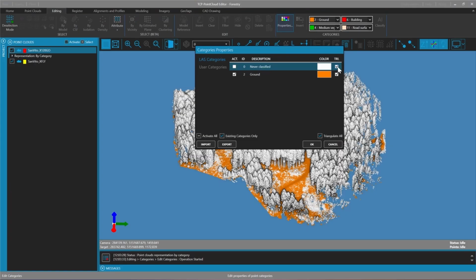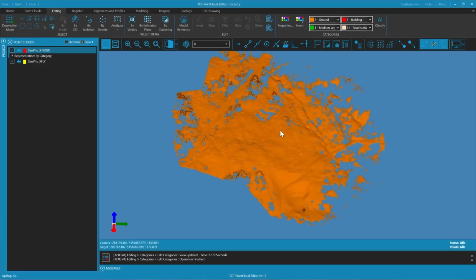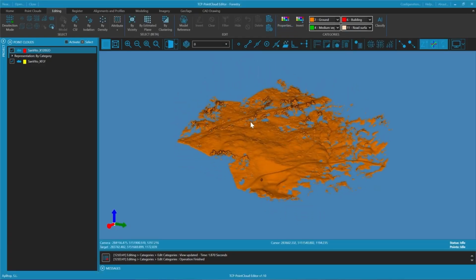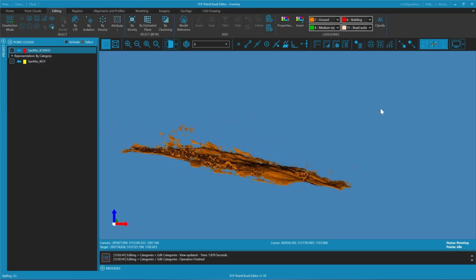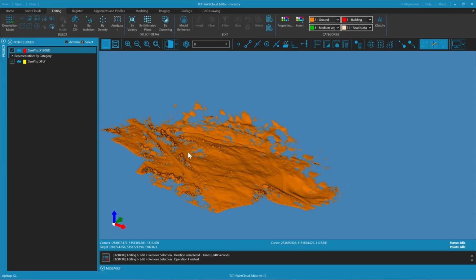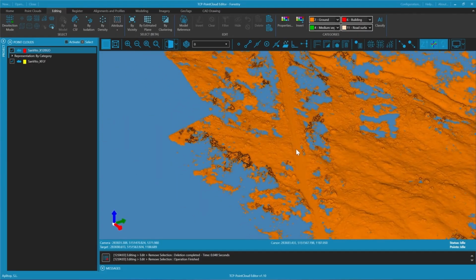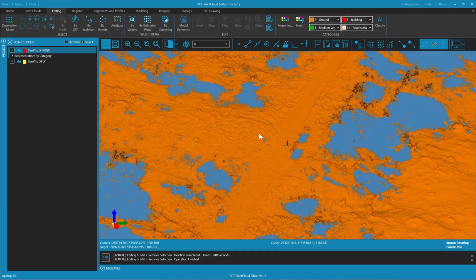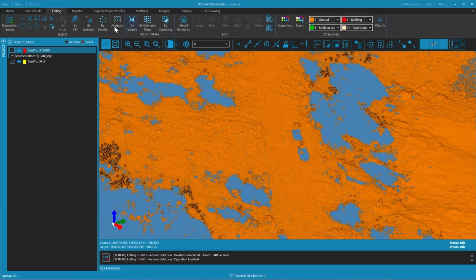So we hit OK, and now let's check the result from the raw filtering. And we can see that we still have some points of vegetation here. So we're going to fix some of them by manually selecting and removing the points, and also remove all this over here. Another way of cleaning the point cloud could be like this. We can see here what seem to be parts from cars that were on that road. So we can make a profile here